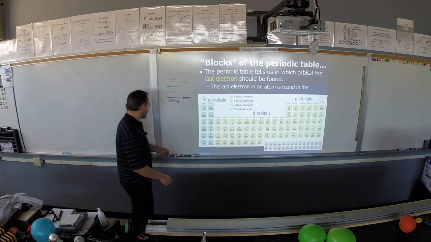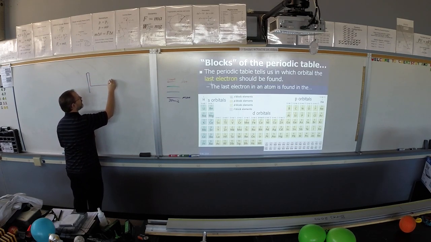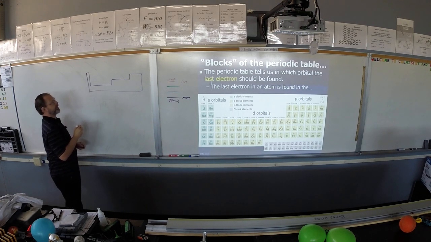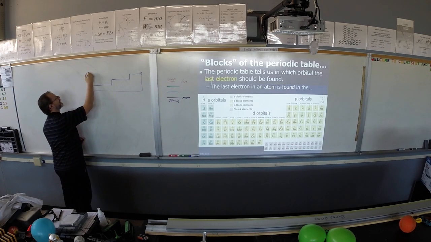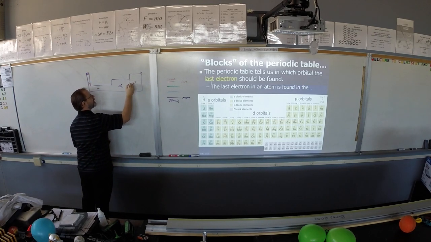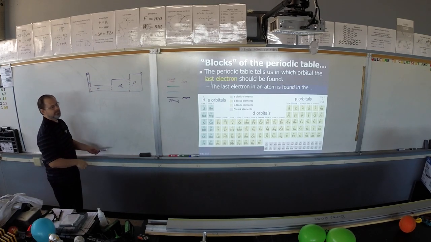In reality, if you were to draw the periodic table, it would look like this. It would look like that. You forgot helium. I put helium over here. Sometimes helium is actually placed next to hydrogen. So we have our S, our F, our D, and our P. So that's what it would look like if you actually...